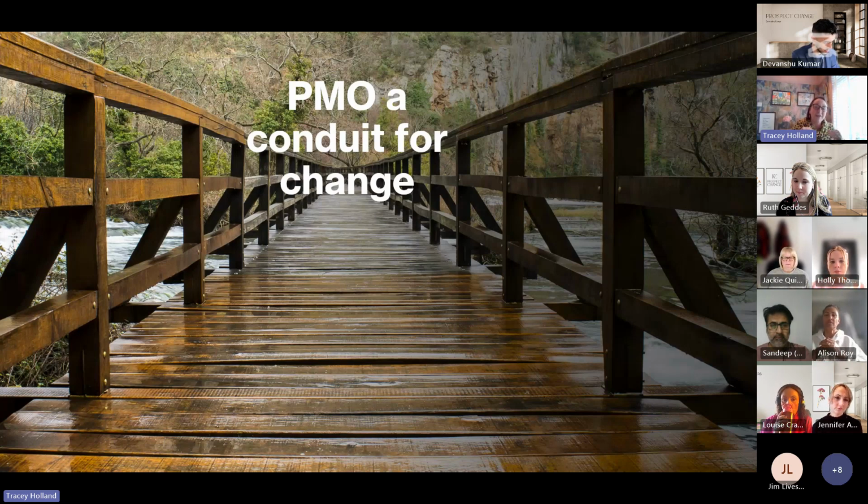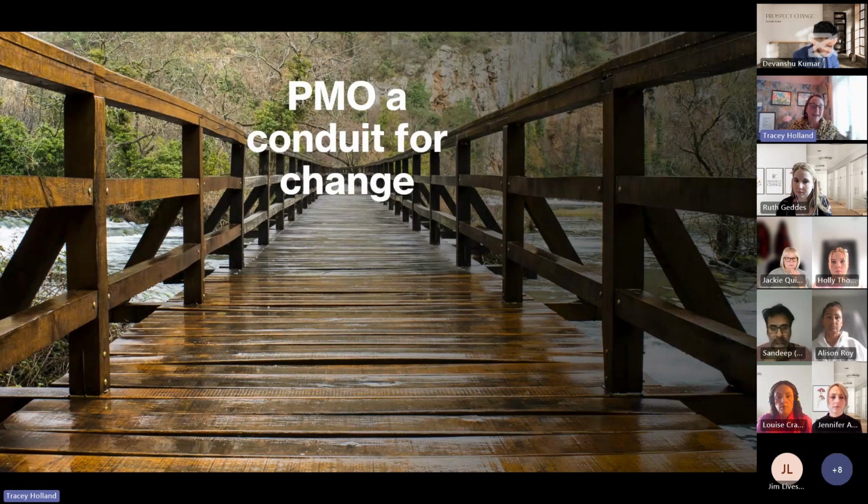In PMO, we can be the conduit for change. The role of PMO in an Agile environment is to enable, so it's to help those teams succeed. It's to be a communicator, so translating Agile for leadership or for other stakeholders, working with the other roles, product managers and product owners, as well as the development teams, project managers as well, to make sure that they're translating how all of this speaks to the business goals and giving that reassurance to leadership as to what's happening,